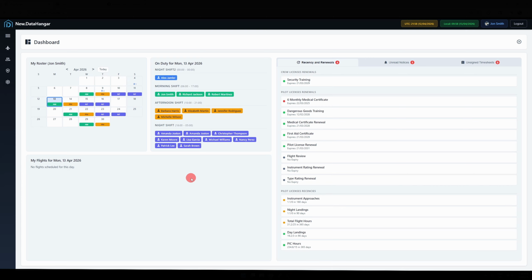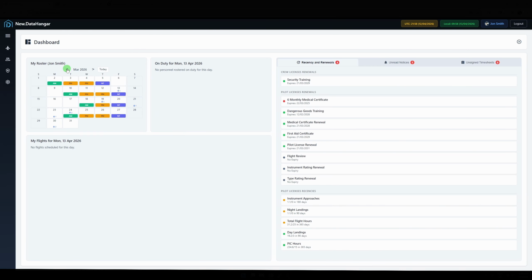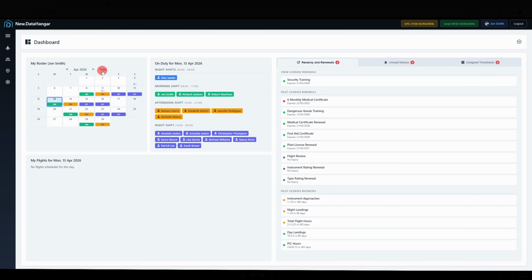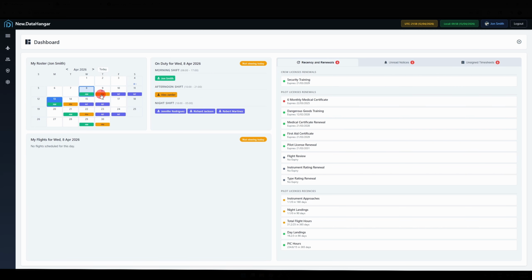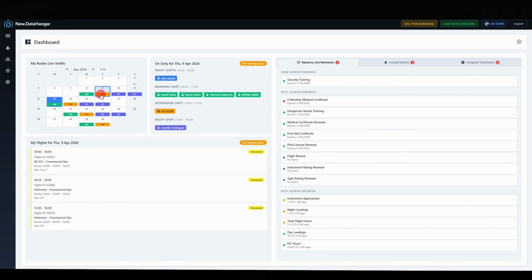The dashboard opens with your personal roster calendar on the left side. Here you'll see your scheduled shifts color-coded by type. Navigate between months using the arrow buttons, or click Today to jump back to the current date. Simply click any day to view detailed information about that shift, including who else is on duty and any flights